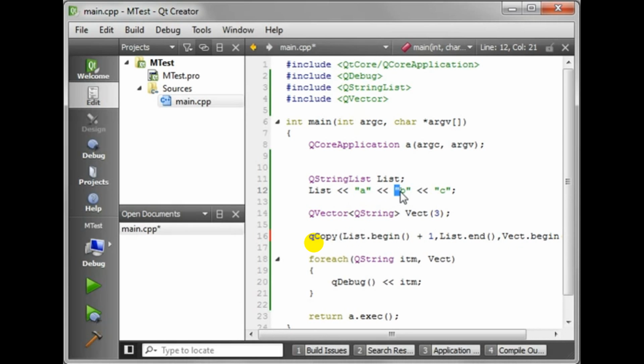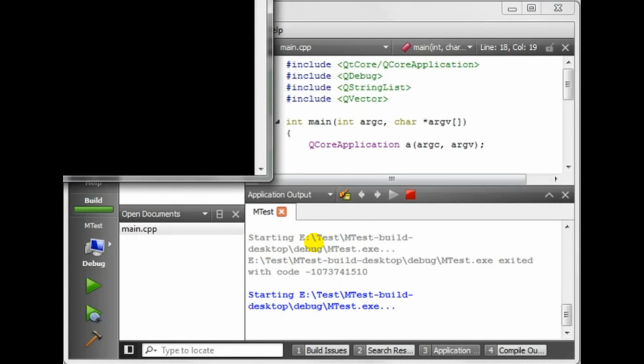So we're going to start here. And when you compile and run this,